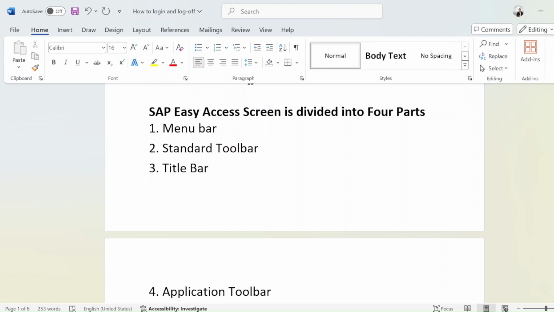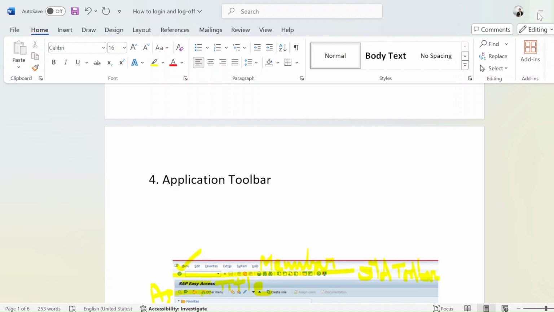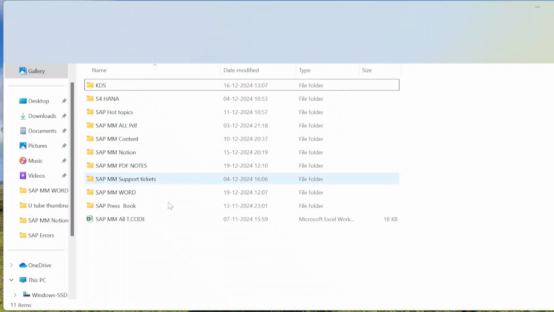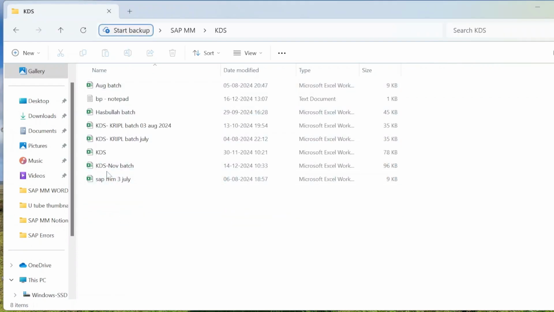How we are going to prepare the KDS file, key data structure file, and blueprint preparation, all that I'm going to explain in this session. So first of all, let me tell you, we are going to prepare a KDS file, key data structure file. We prepare that KDS file as per the client requirement, as per the business SMEs. So we are going to prepare a KDS file. I'm going to prepare it for your batch.